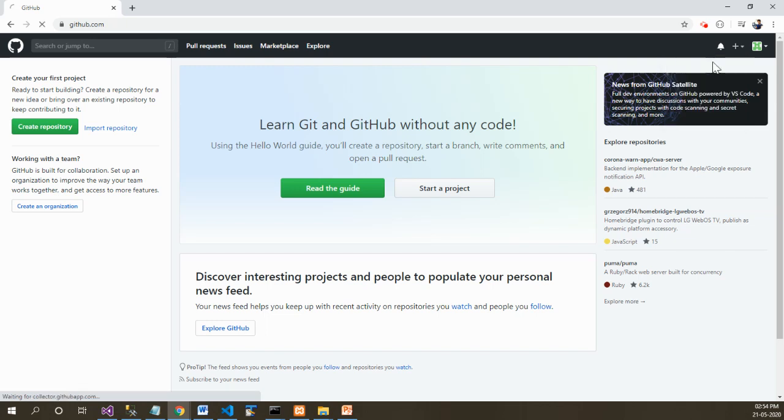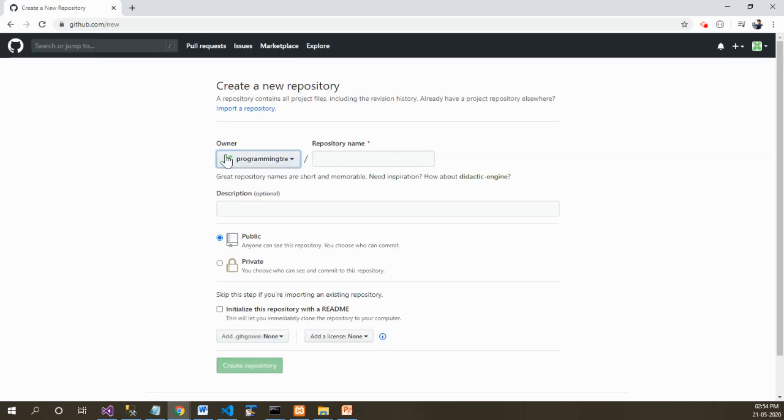Once you click on new repository, it will show your username followed by the repository name that you want to work with. So let's say I want to create the first project. That's why I'll write the project name as project0. And if you want to write some description for the project, you can do it.